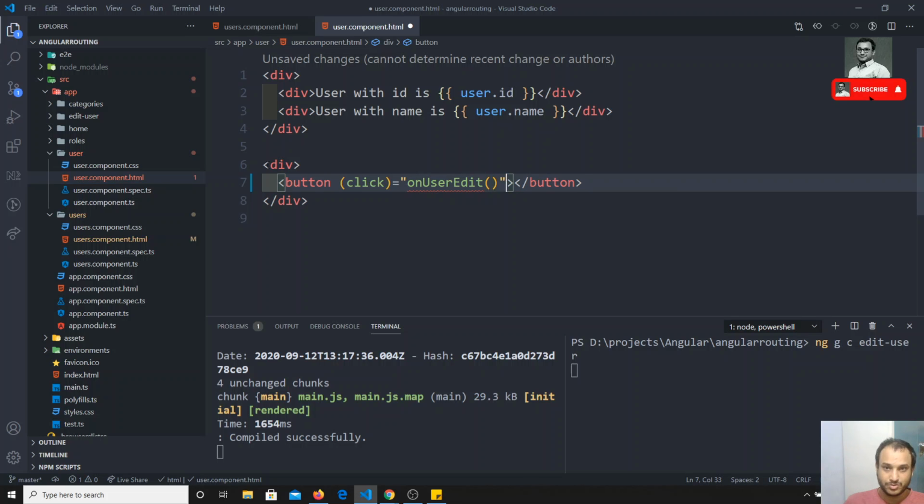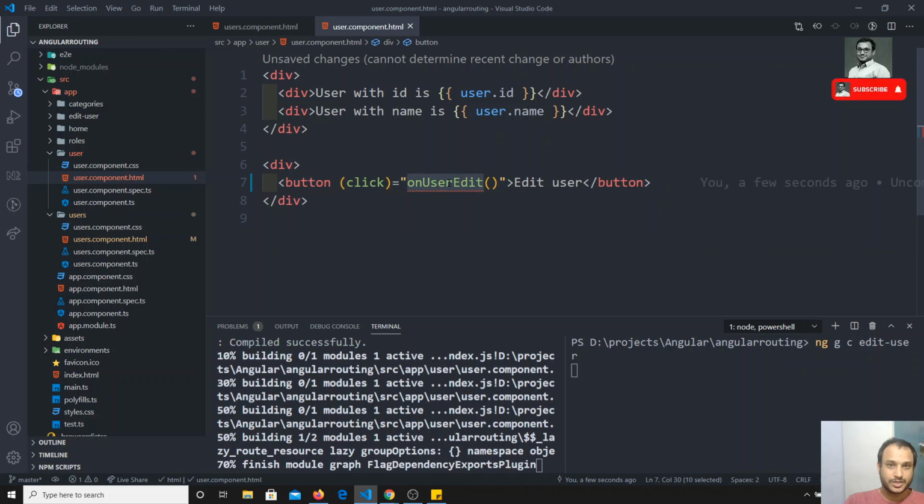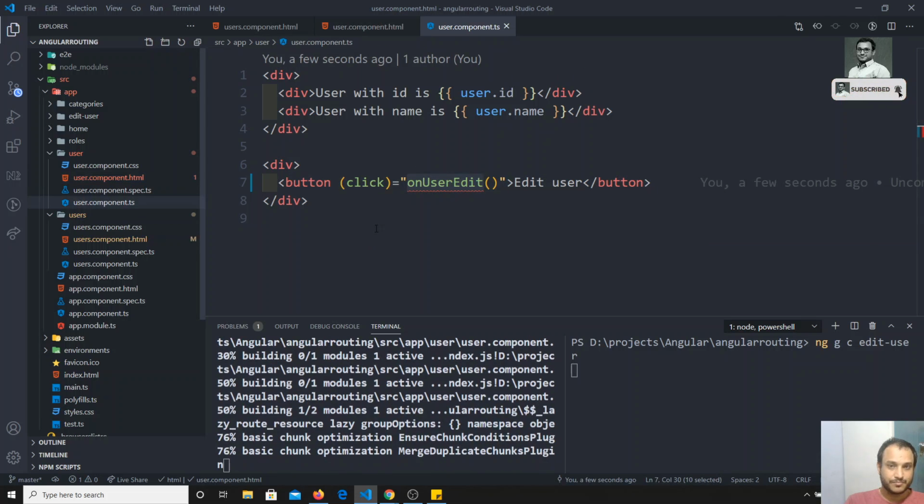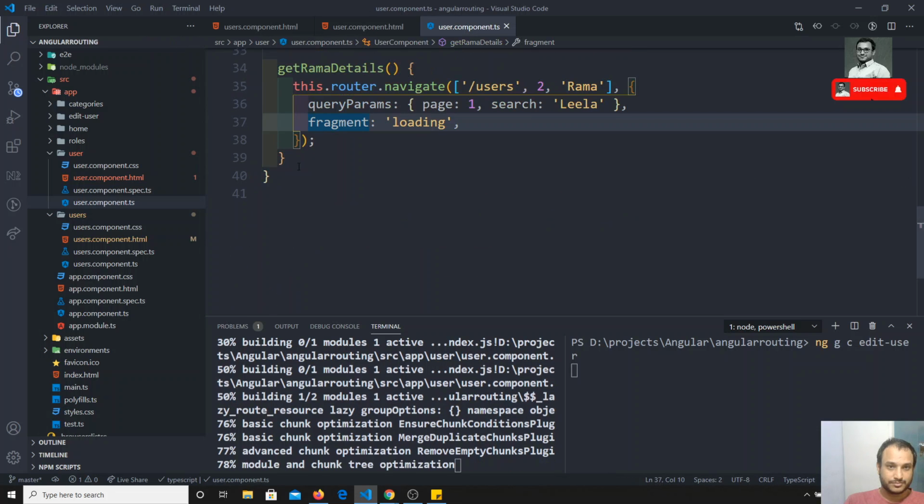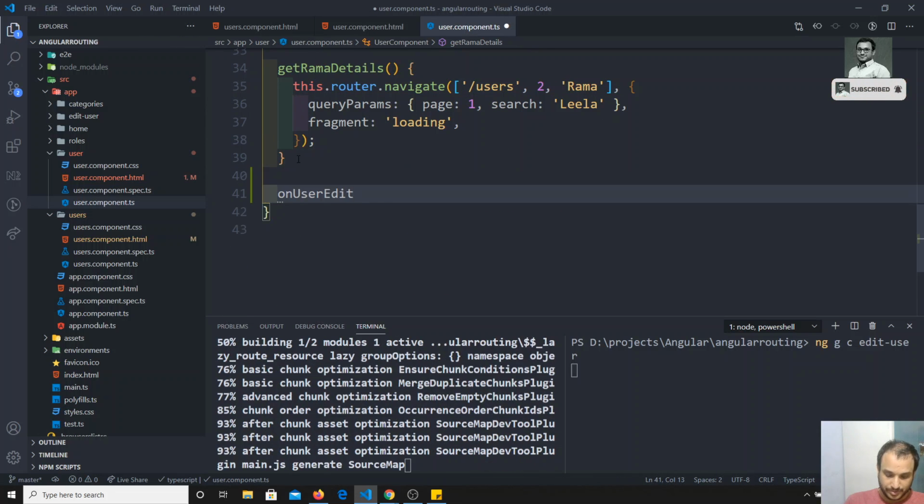So you have an edit user option like this. Now on user edit you need to implement this here.